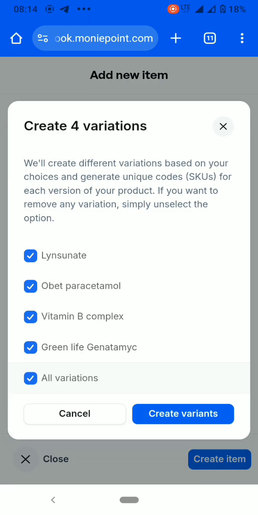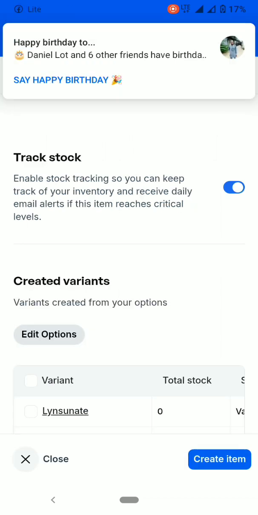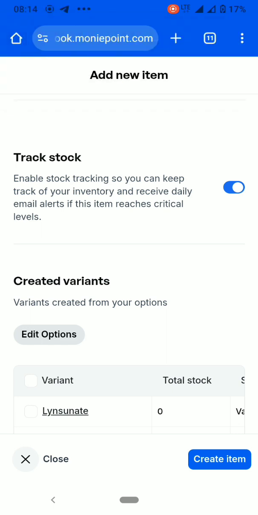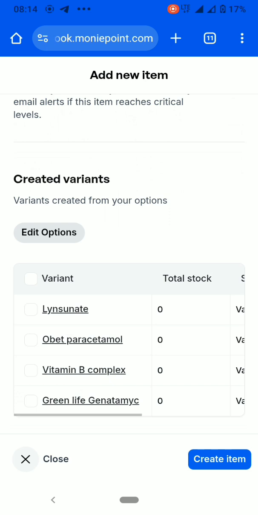And it shows me the various variations I'm creating, like Lysonate, paracetamol, vitamin B complex. Do you understand? So I'll click on create variant, right? So when I click on create variant, this pops up. Then it begins to ask me, right on the interface,